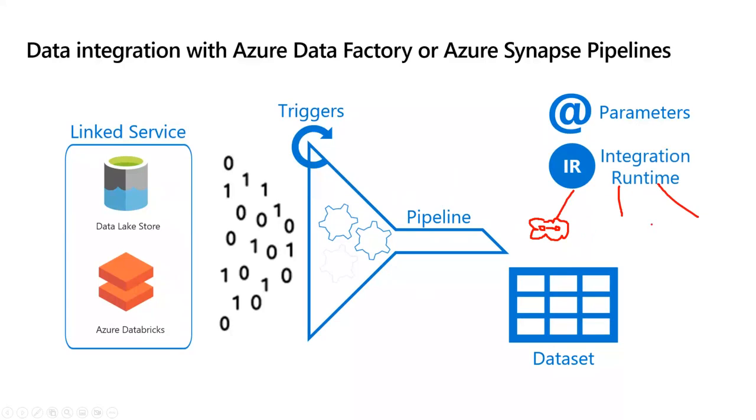The other one is self-hosted, as I mentioned, so the one on premises, so in your company, right? Should I maybe draw here a little building? Your building, and here are the databases where you are storing all your servers. So the integration runtime takes place at your premises, right? And the third one I haven't mentioned actually is something you can use, the Azure